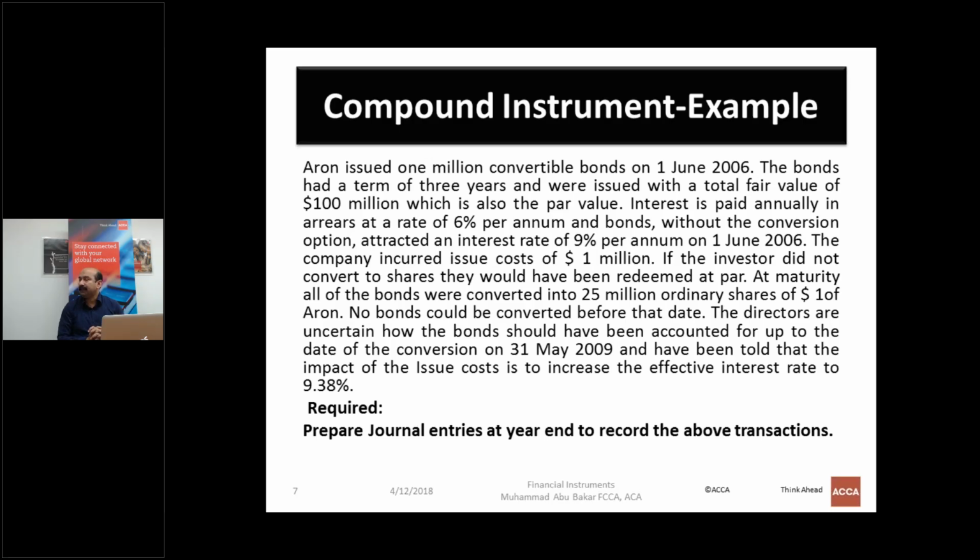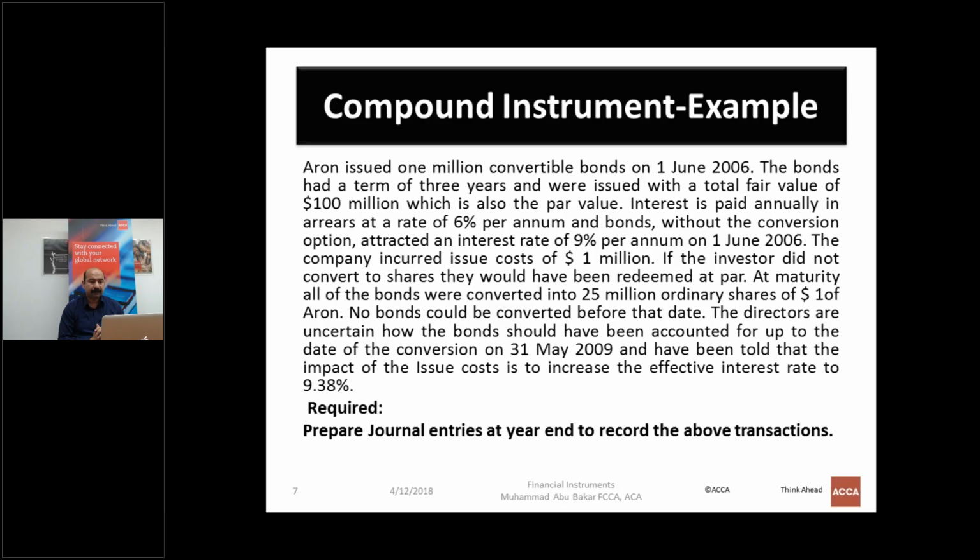Interest is paid annually in arrears at a rate of 6% per annum, and bonds without the conversion option attracted an interest rate of 9% per annum on 1st June